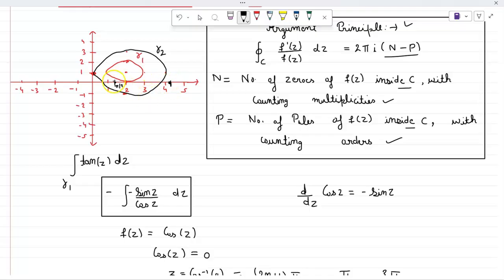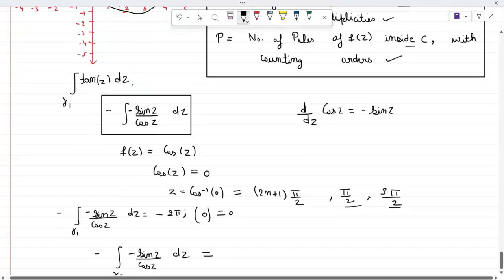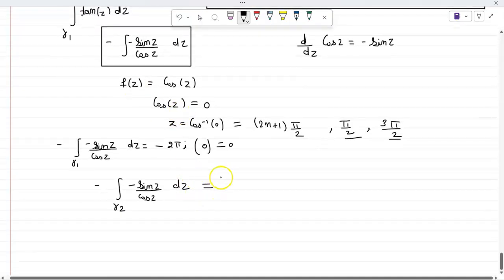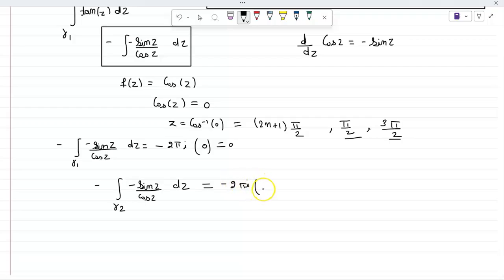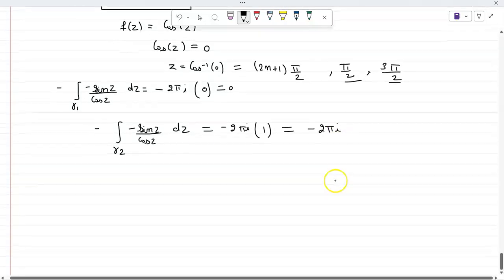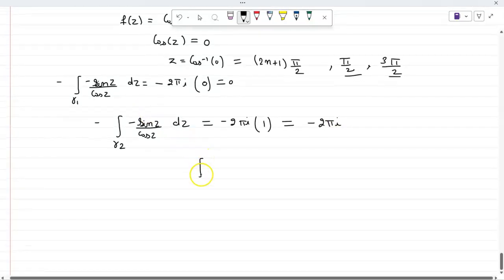So only one zero lies inside gamma 2, so the integral will be minus 2 pi iota, because the number of zeros inside gamma 2 is 1. So the right answer is that the integration over gamma 2 of tan z dz